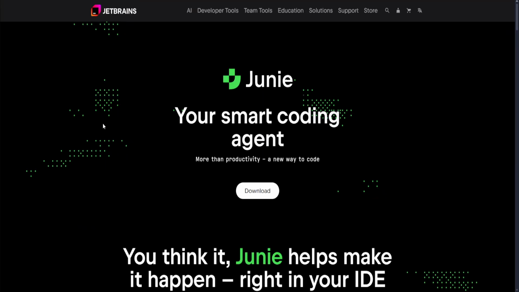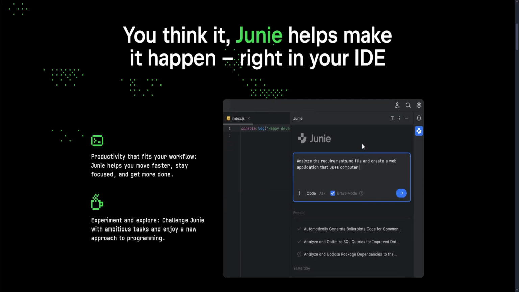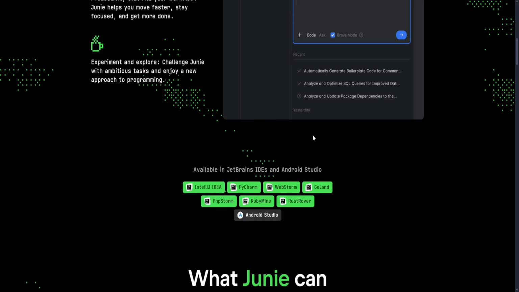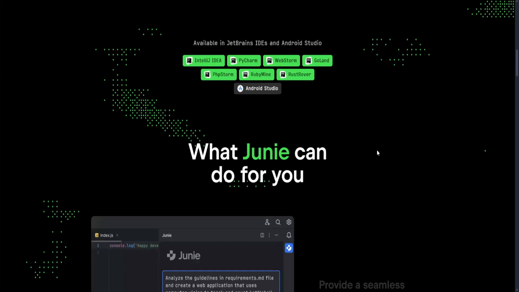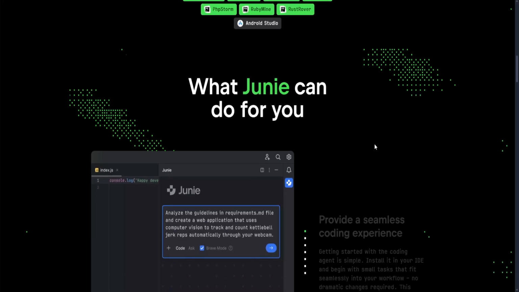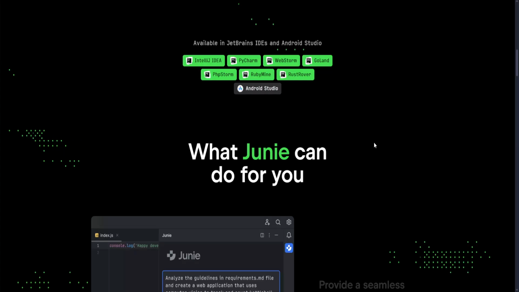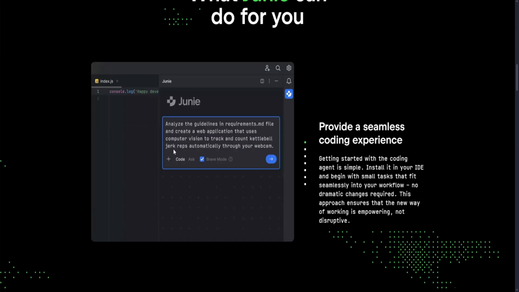Now for Junie, Junie offers open source and privacy-focused model support. It also runs in any IDE, including JetBrains itself. It lets you choose the LLM, like ChatGPT, Claude, Mistral, Llama, and many more. And it's also fully customizable with prompts and has memory, and it's great for devs who want full